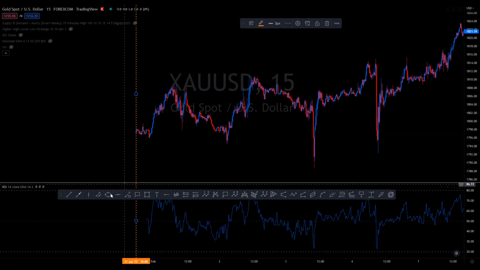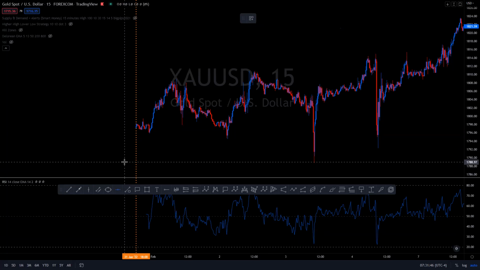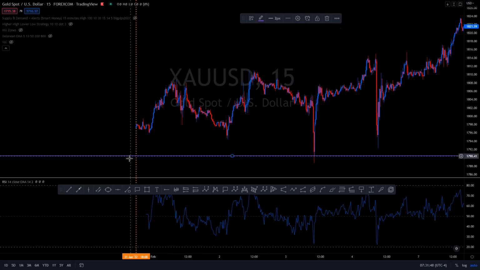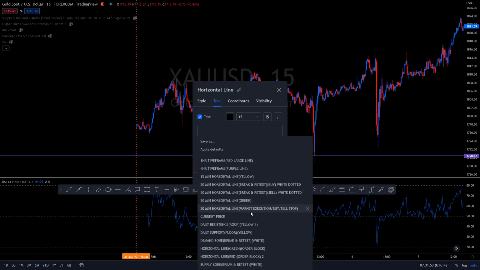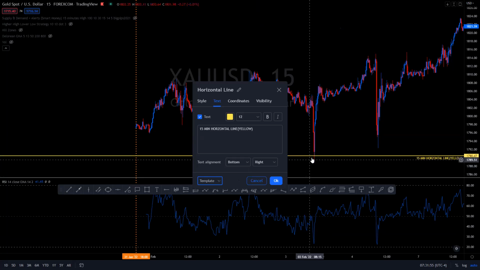All right, so this is as far back as price goes. So we're going to start marking up institutional support and resistance. And I like to mark up areas where in the past price gathered a lot of liquidity and then made a big move. So you can kind of see that here. Price got a lot of liquidity here and made an up move to this next area here.